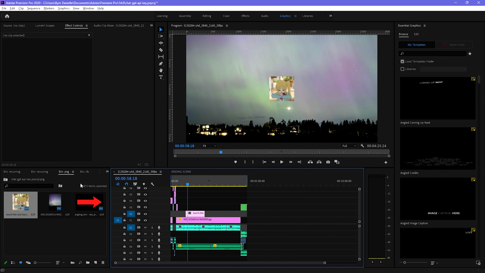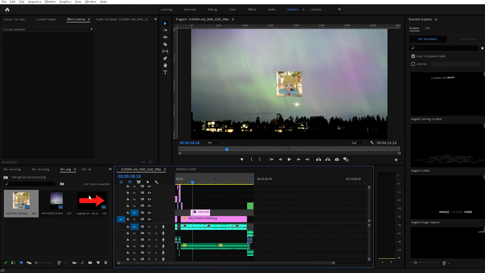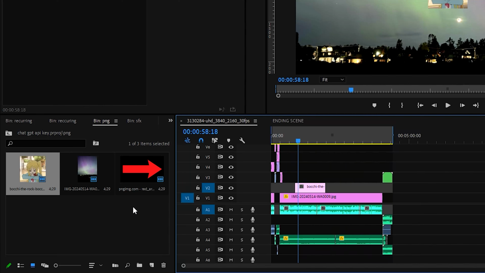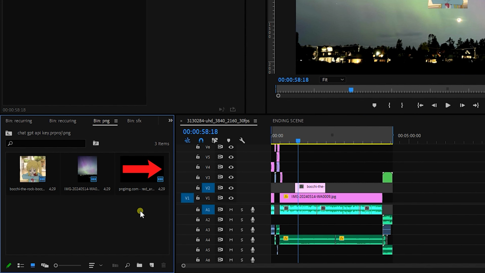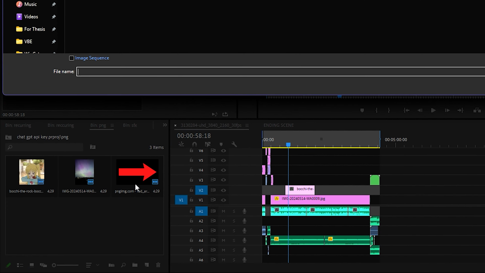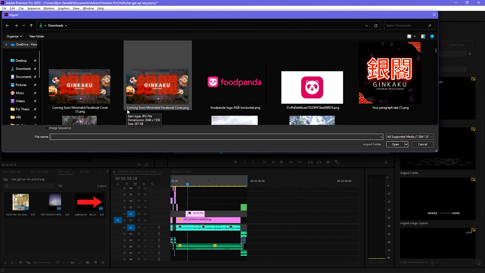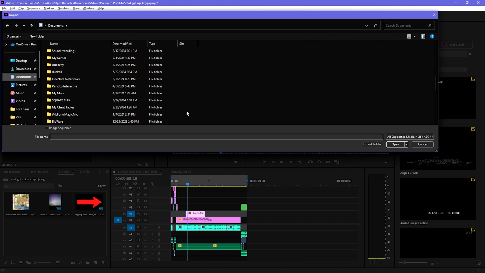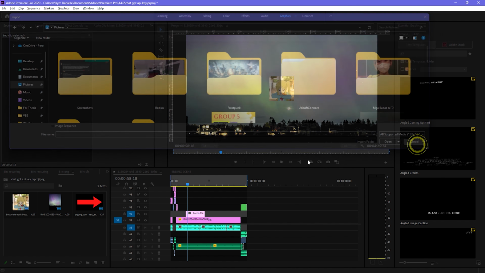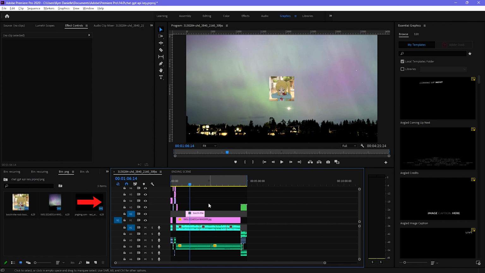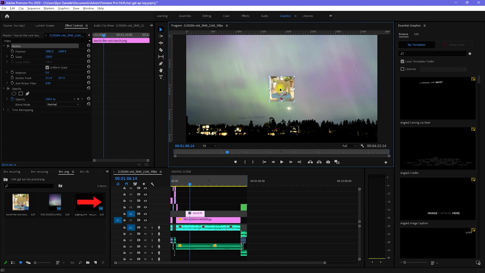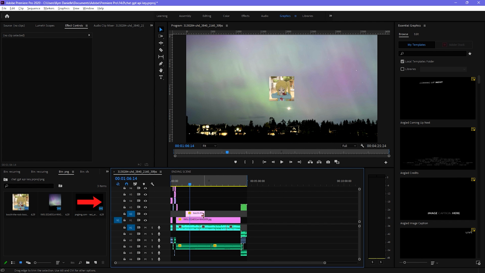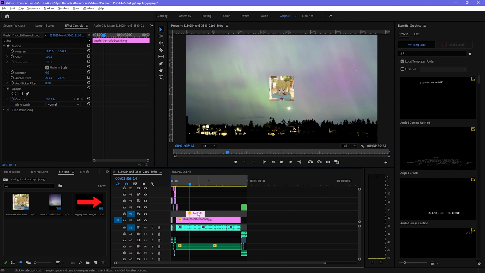The first thing that you need to do is head over to your bottom left, which is the bin, or where you put all of the files that you want to include in your video. You just usually double click on the empty parts here, and then choose the photo that you would like to add into your video. It can be in any folder, it's up to you. Right now I already have this photo here, Bocchi the Rock, and then you can double click on the video itself so that you can start editing it,